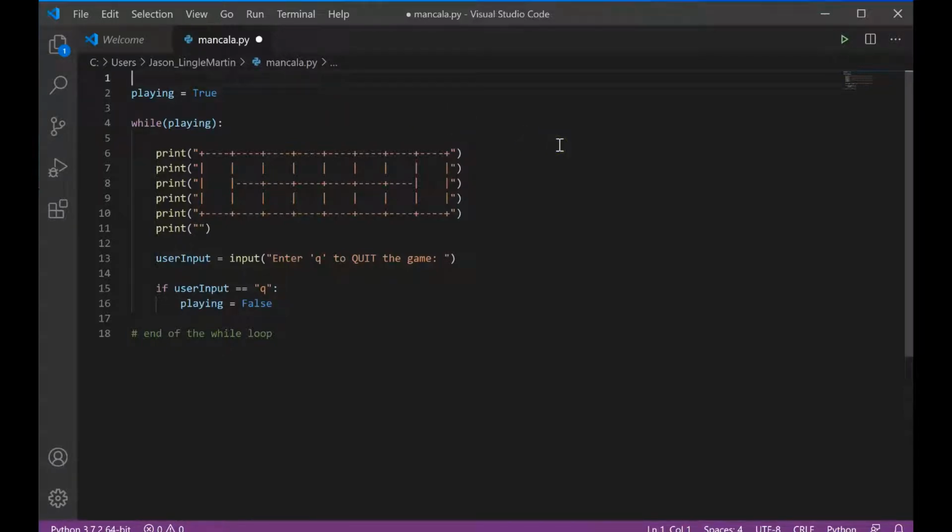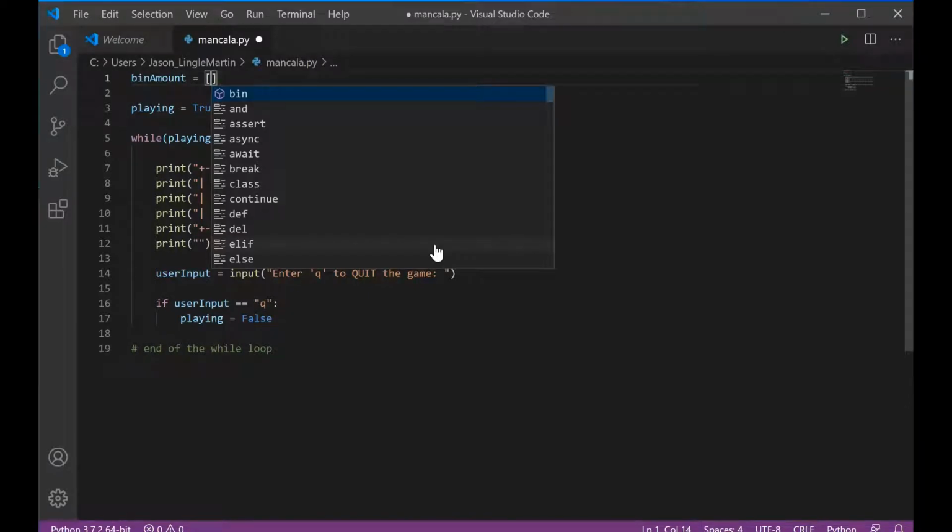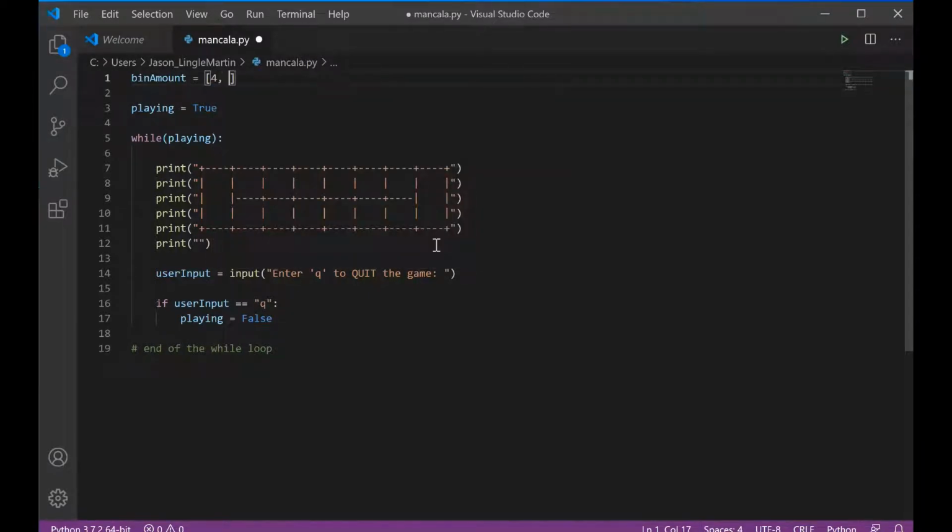In this video, I'd like to add pieces to our Mancala game board. I'm going to do that by defining an array called bin amount, which will keep track of the number of stones in each of these bins. There are 14 bins, so my array is going to have a fixed length of 14. And I can define it by typing an equal sign and then a pair of brackets and entering 14 values